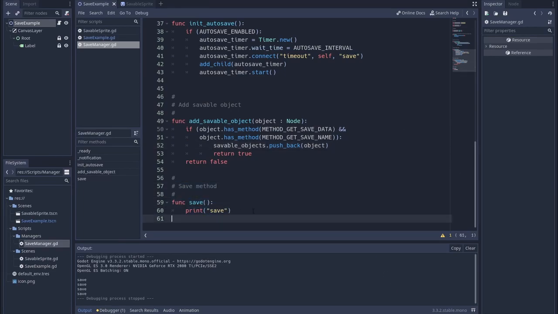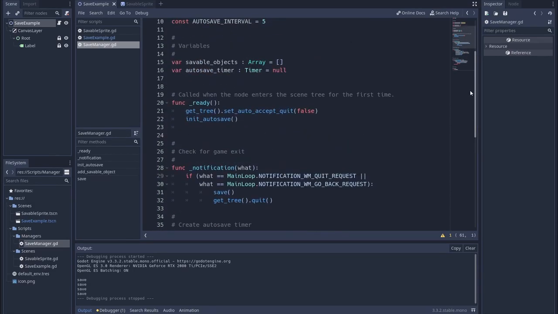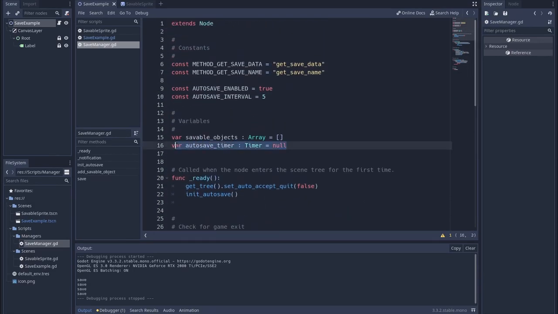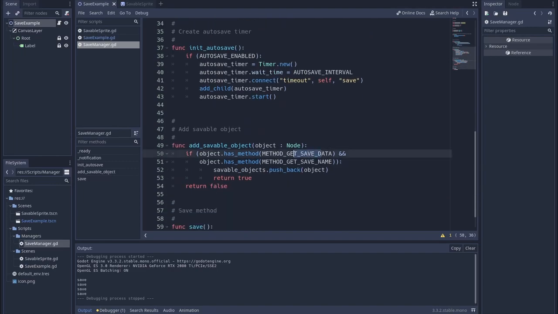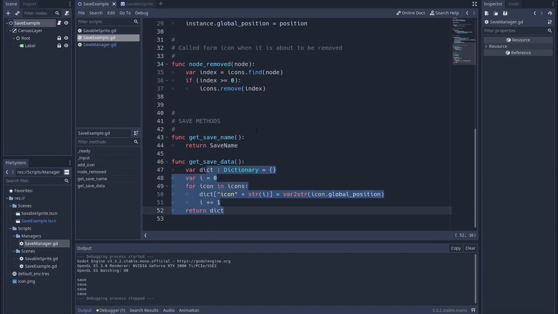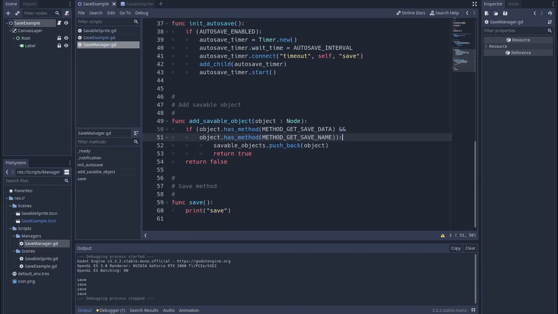So now to implement the save method. What we want to do here is to grab every object in the savable objects here, call the save method that we set up earlier that it has to have, the save data and the save name, collect the data that is coming in the form of a dictionary, and then write this all to the disk. So let's start simply by looping through the objects. So load in savable objects, and